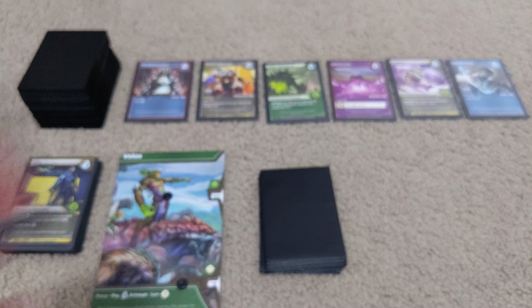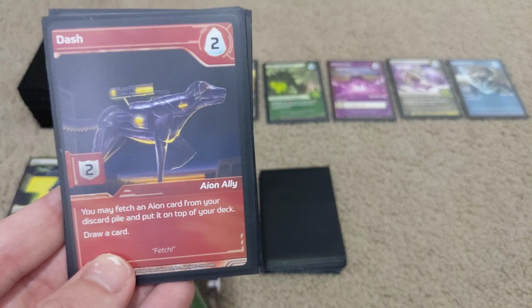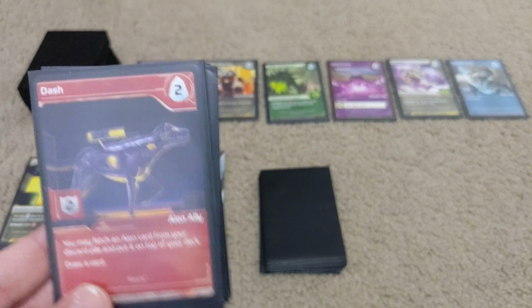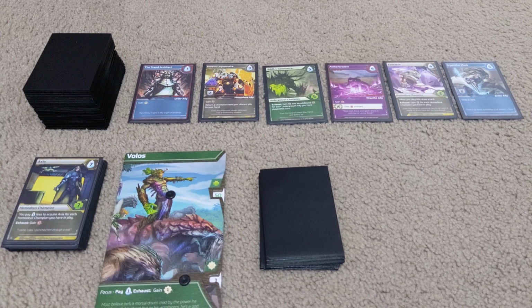But when you are playing as Res, use Breaker, then on your next turn, use Dash, fetch an Ion card from your discard pile and put it on top of your deck. Do that with Breaker, and just keep doing that over and over to just keep using Breaker. Again, he feels like the Lightning McQueen of